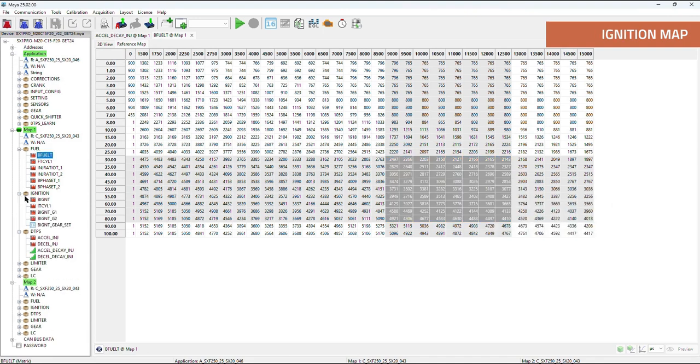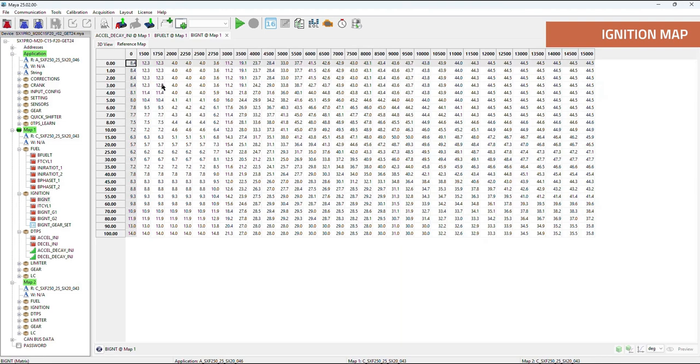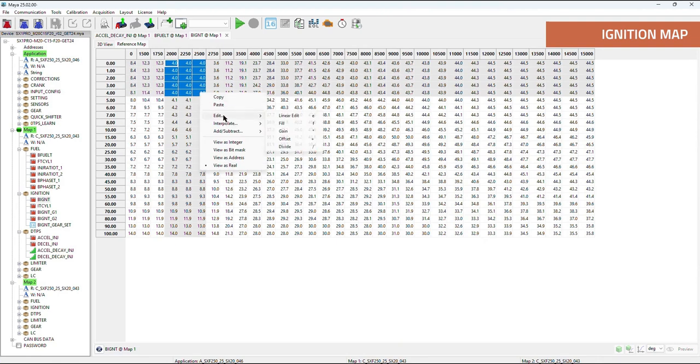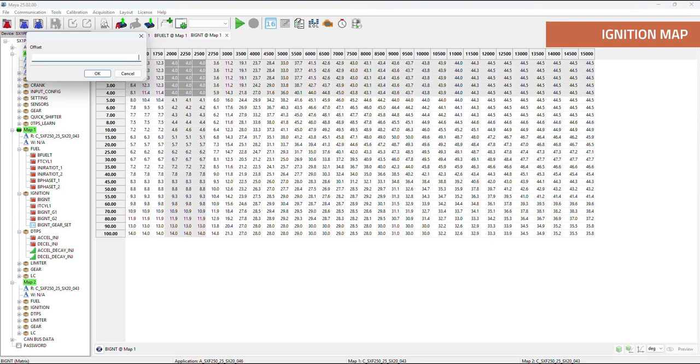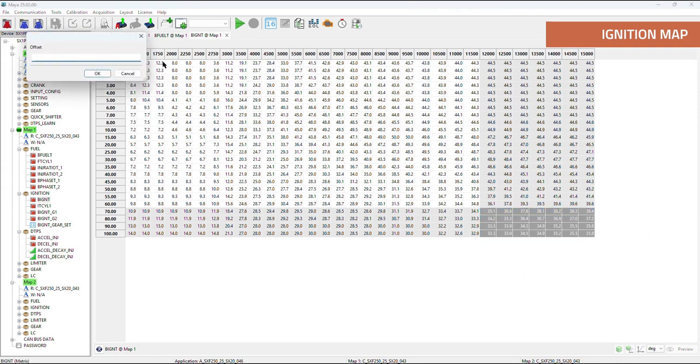As for the ignition timing, let's start from the base timing map. Same thing here. We select the area we want to modify, but in this case, we use the offset function where we can add 4 degrees. Alternatively, we could choose to subtract 10 degrees from the current value, which would help us adjust the temperature to a more comfortable level without making any drastic change.